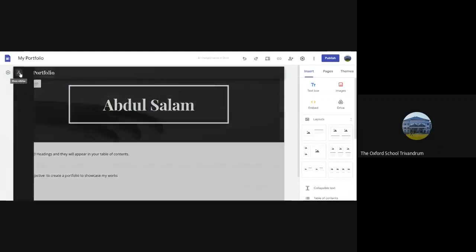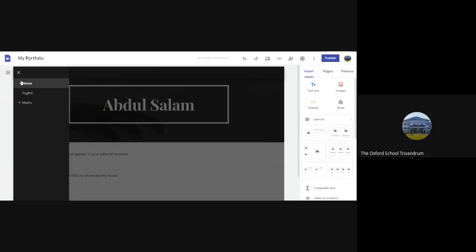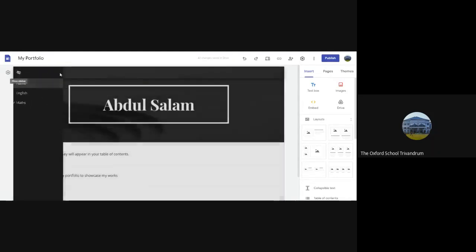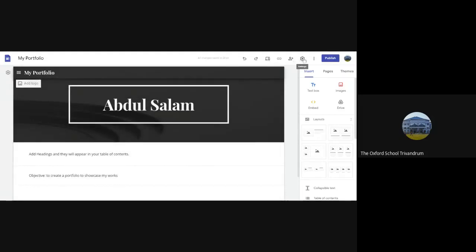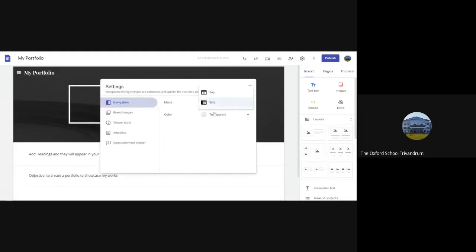If you click here, these pages will appear here. This is the navigation. So it is according to you, whether you want the navigation on the left side or on top. All this you can change from the settings. So I'll keep it on the top.